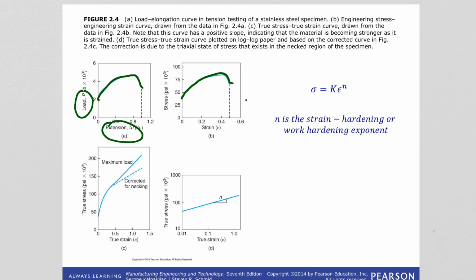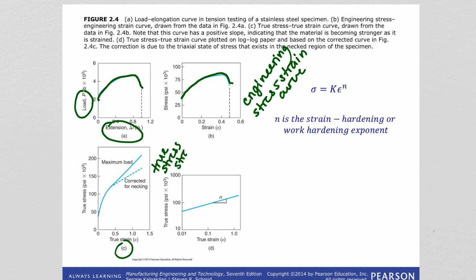This one is the engineering stress strain curve. And this one, on the other hand, the C, this is the true stress strain curve. Since in this case we are not dividing by the original cross-sectional area, it keeps decreasing like that. So